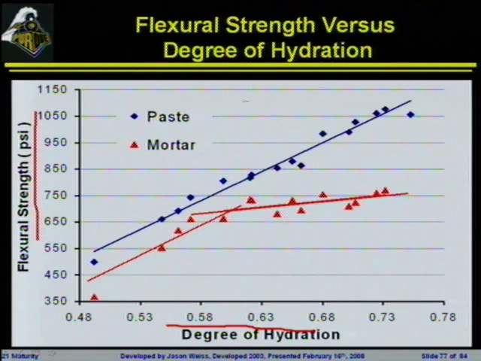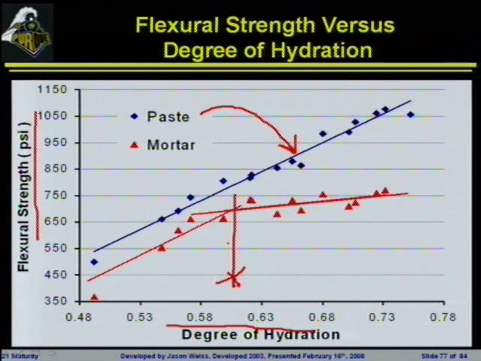And what you can see is if we just look at paste, the strength is very linear with respect to the degree of hydration. So if you just have water and cement together, the extent of the reaction tells you a lot about how much of the strength has actually developed inside of the system. The extent of reaction is directly related to the strength that's developing. If you look at mortar or you start to look at concretes, you will notice that this linear relationship no longer exists. And it begins to break down at a specific point, and in this particular concrete it's at about